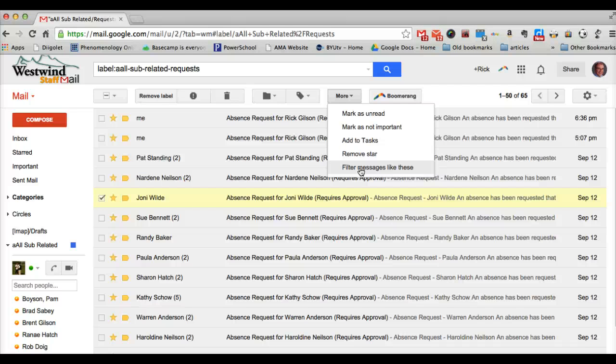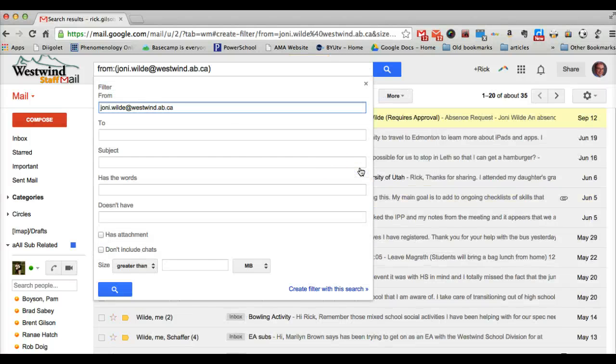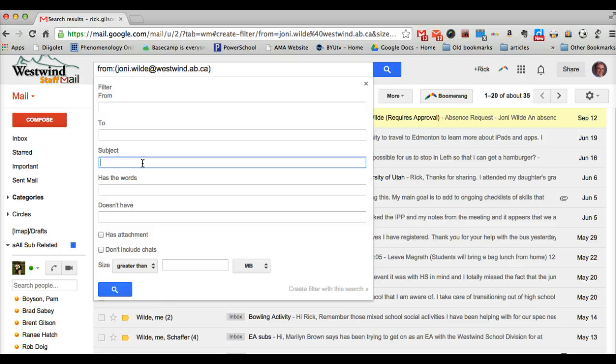In this example, you're going to follow the exact same rules for what you're looking for. So we click on this and it comes up. We're not looking for individual senders, so we're going to make sure that the from line is empty. That's not the point. The point for us is the subject line, and that subject line is going to have the keywords in it, like a request requires approval,